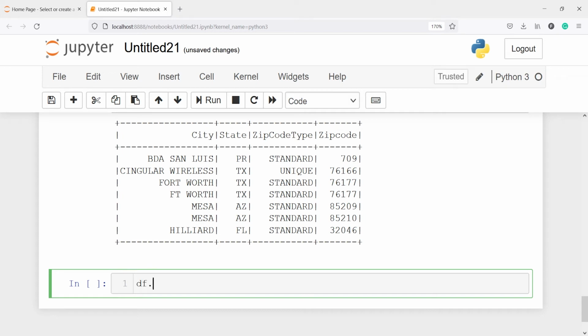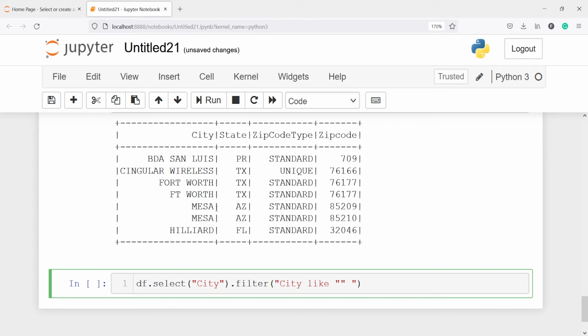First I will call df, then I will call select, and I will pass the column name city because I want to see the city which is starting from the letter M here. That is why I am typing df.select city dot, then I will use the method filter, and inside this I will write city like, and in double quotes I will write the pattern.